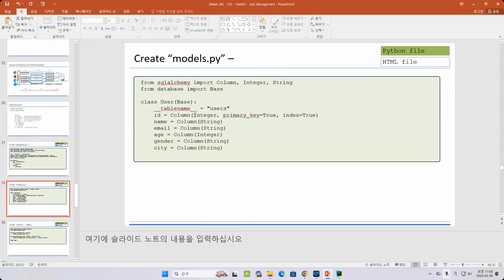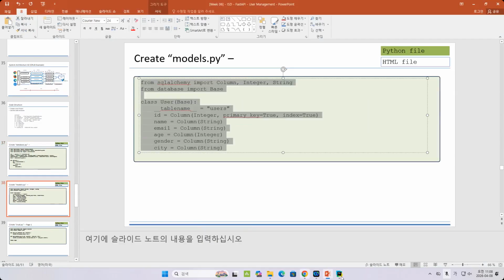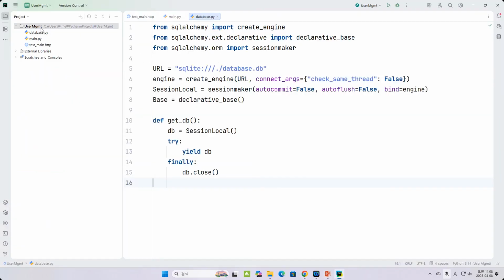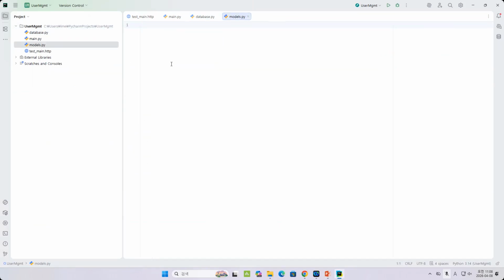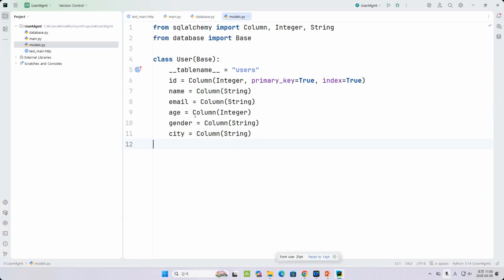And then we create the models. Let's create models.py. If you use SQL, you need to create your database using SQL, which is the create function. So SQL has the command field. But for this ORM, you need to create a class. And this class